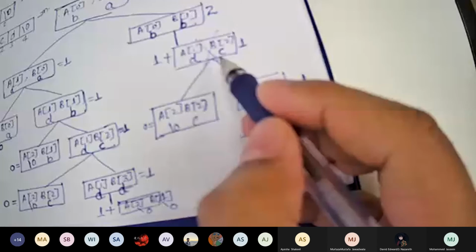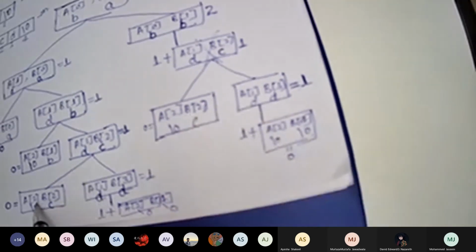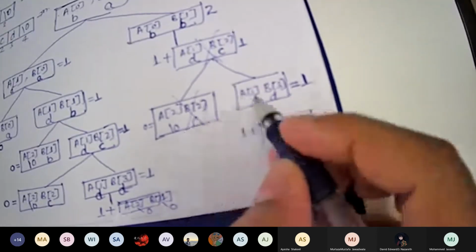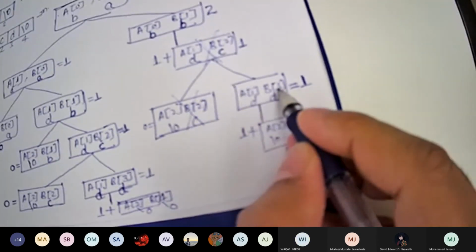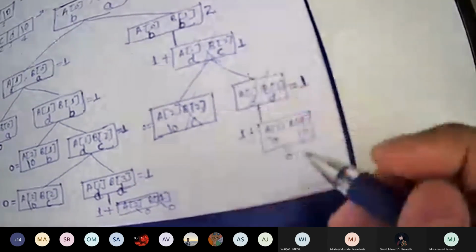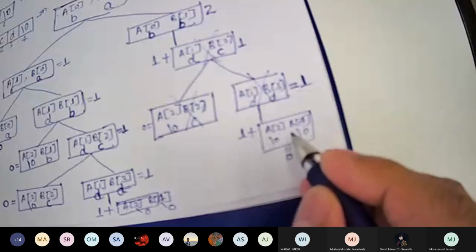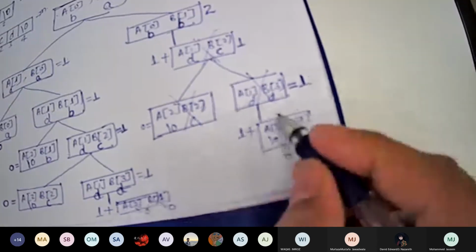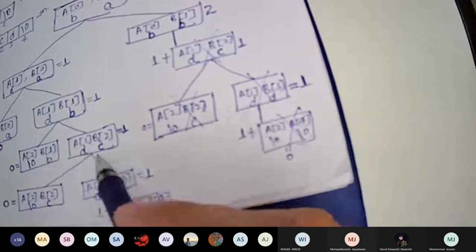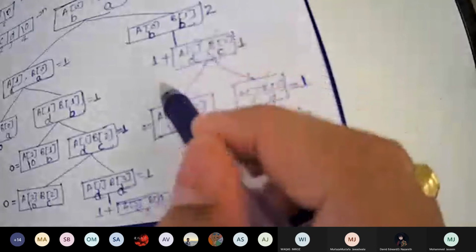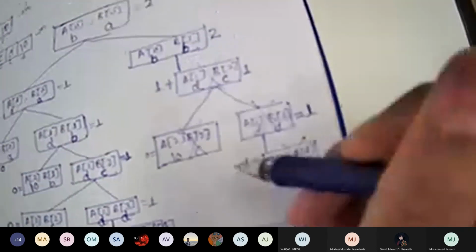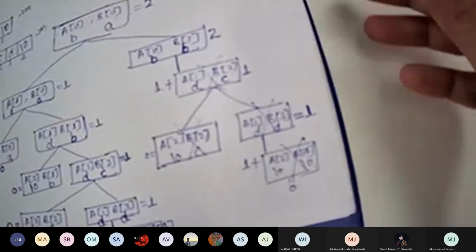If you have stored this, this is A2, B2. We had already calculated here A2, B2. So why do we need to calculate this again? We are calculating here A1, B3, which we had already calculated. So why do we need to calculate this again? Here we are calculating A2, B4, which we have already calculated here. So why do we need to calculate this? If we could have stored these values at some place, we don't need to calculate this value. It means here we could have stored directly 2. So this is called memoization.